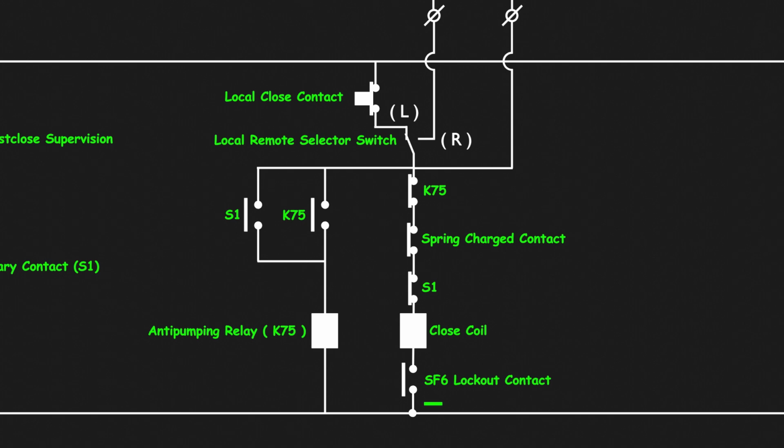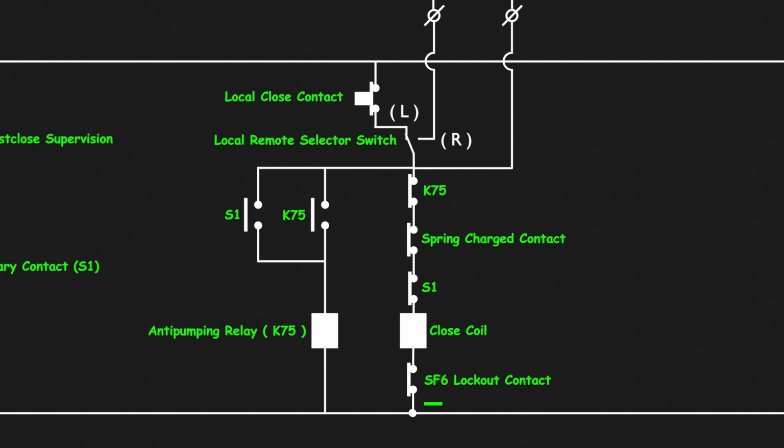Let us now examine the condition of the contacts drawn in series with the closing coil. If the SF6 gas pressure in the circuit breaker is normal, above the lockout pressure, then the SF6 general lockout contact will be in the closed position. The anti-pumping relay's contact will also be closed because the relay is inactive before switching on the circuit breaker. Since the circuit breaker is in the open condition, the normally closed auxiliary contact is also in the closed position. So when we operate the local closing switch, voltage appears across the closing coil via this path,